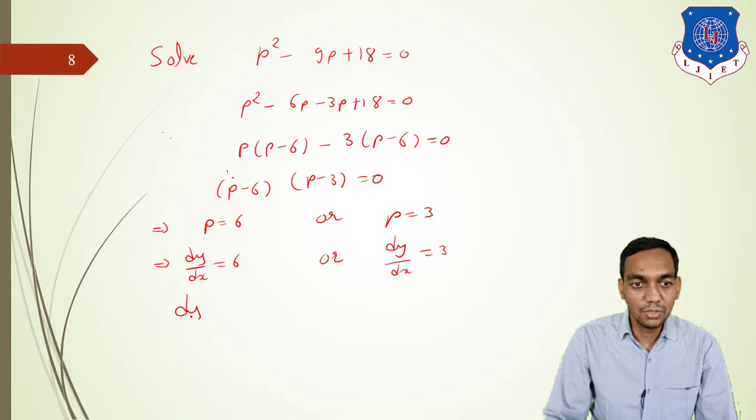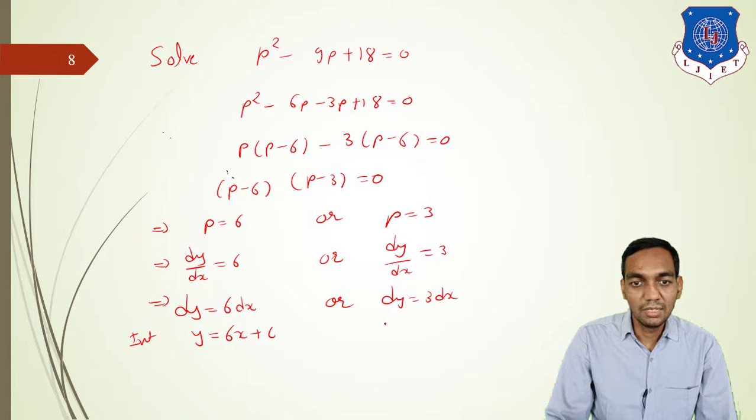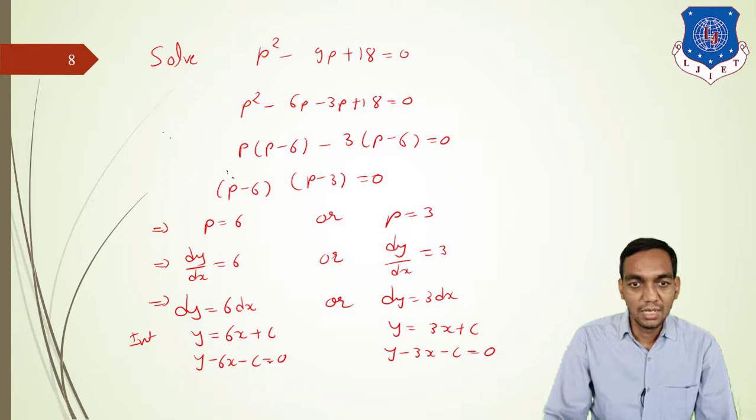And that will give you dy is equal to 6 dx or dy is equal to 3 dx. And if you are going to integrate, then you will have y is equal to 6x plus c and y is equal to 3x plus c. So you will have y minus 6x minus c is equal to 0 and y minus 3x minus c is equal to 0. And therefore,